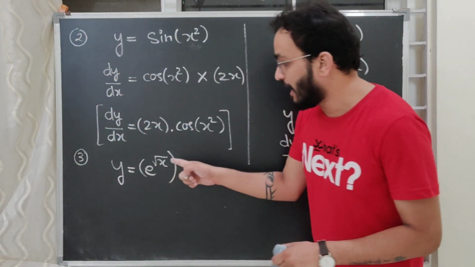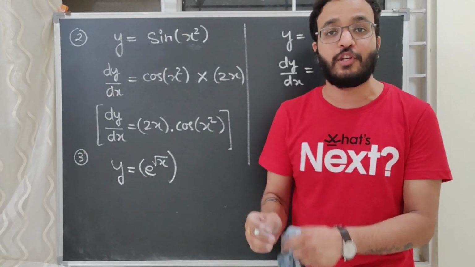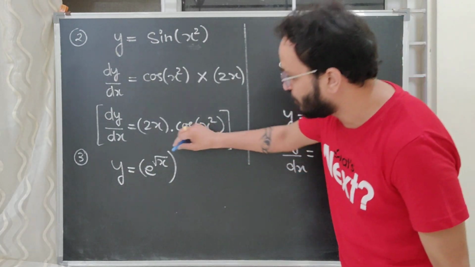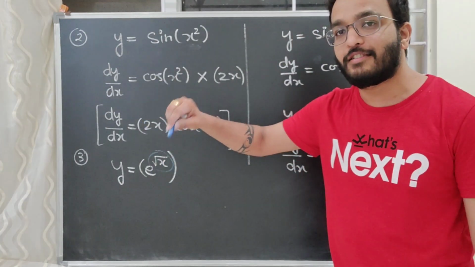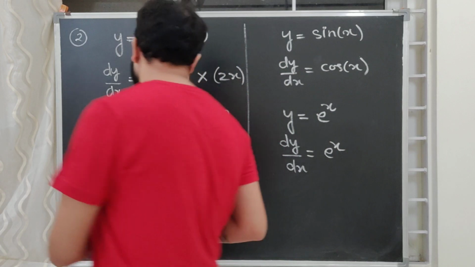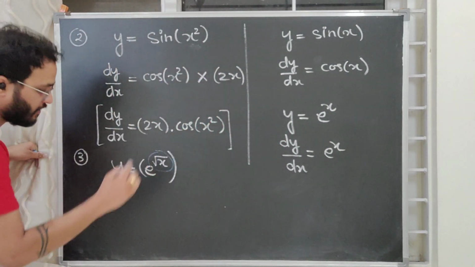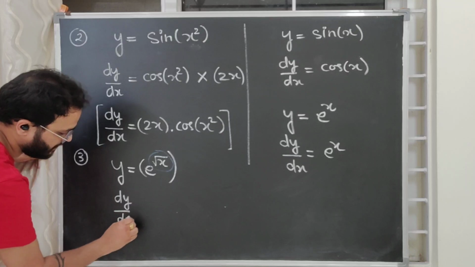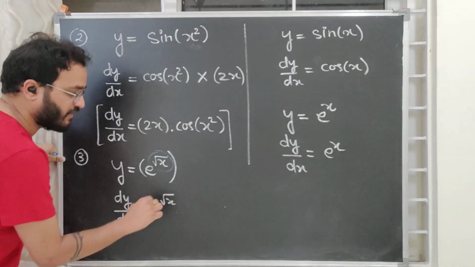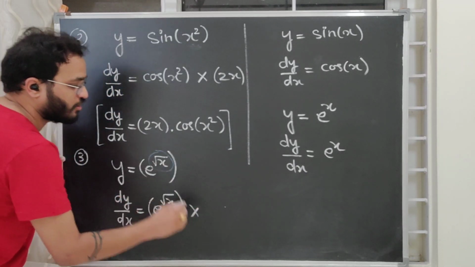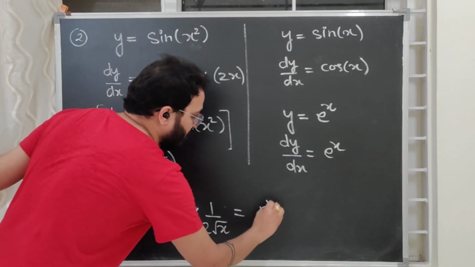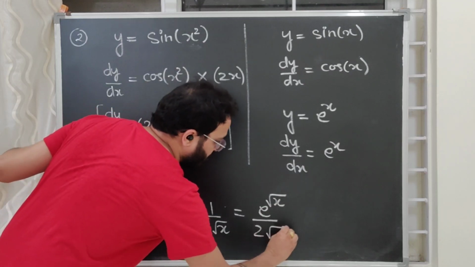But now in this question, I have not given you e to the power x, instead I have given you e to the power root x. So you say, sir, if instead of root x you could have given us x, then the question would have been easily solved, right? So we will say, let's assume root x to be x. So dy by dx, e to the power root x will remain e to the power root x, because the derivative of e to the power x is e to the power x, multiplied by the differentiation of root x. It will be 1 by 2 root x. So your final answer will be e to the power root x upon 2 root x.